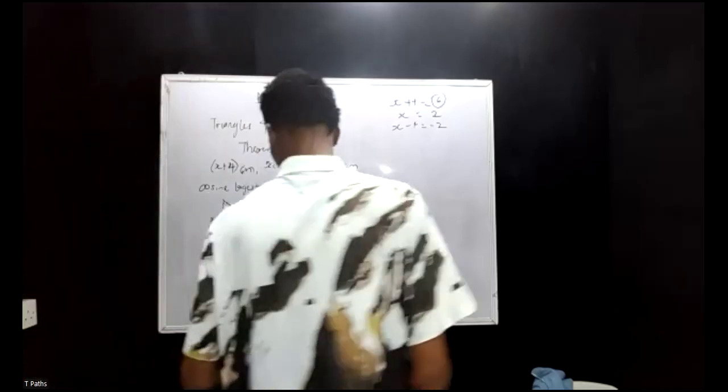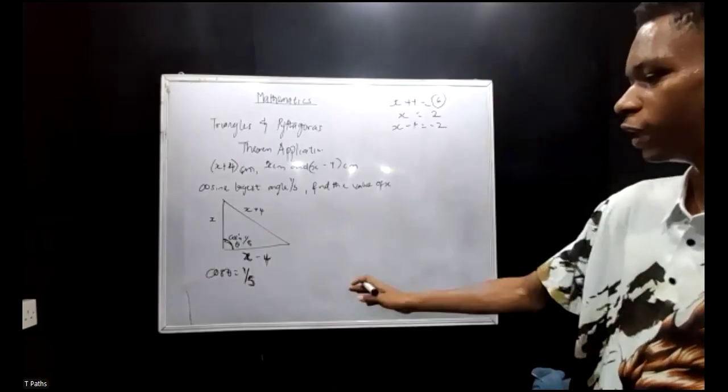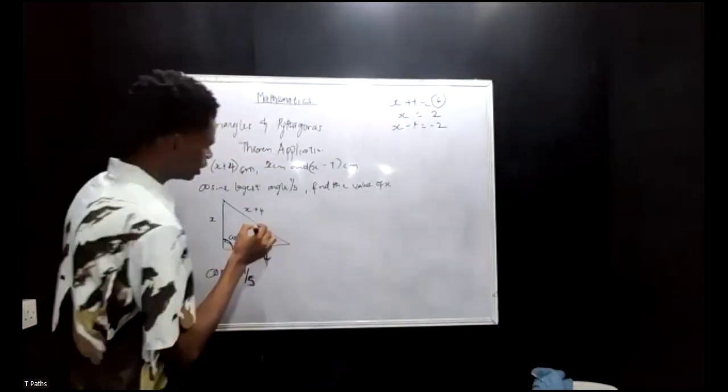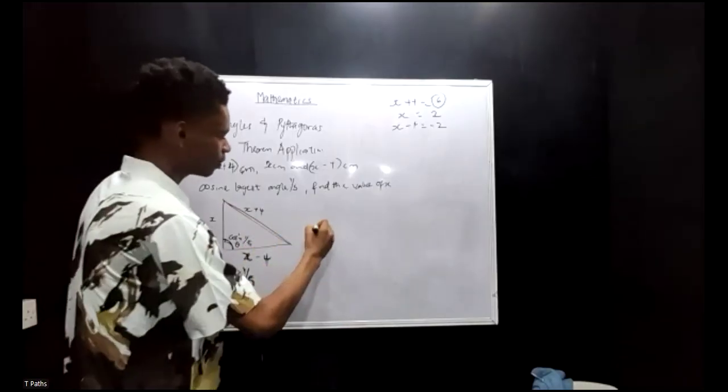So now how do we go ahead to find the value of x? First of all, we can do the hypotenuse square is equal to opposite square plus adjacent square. Hypotenuse square, x plus 4 square, is equal to opposite square